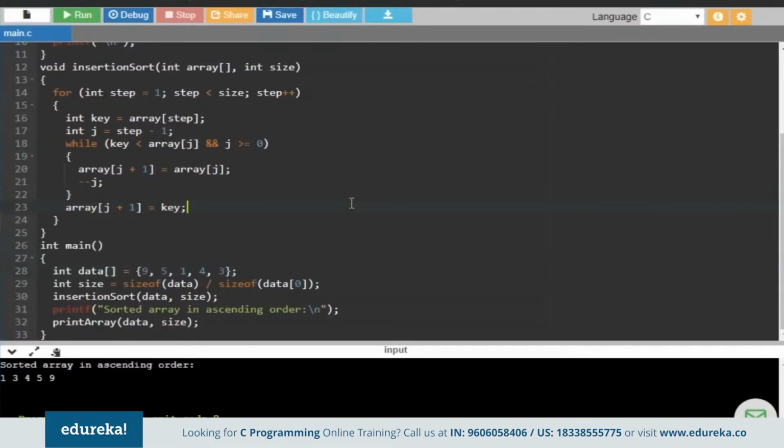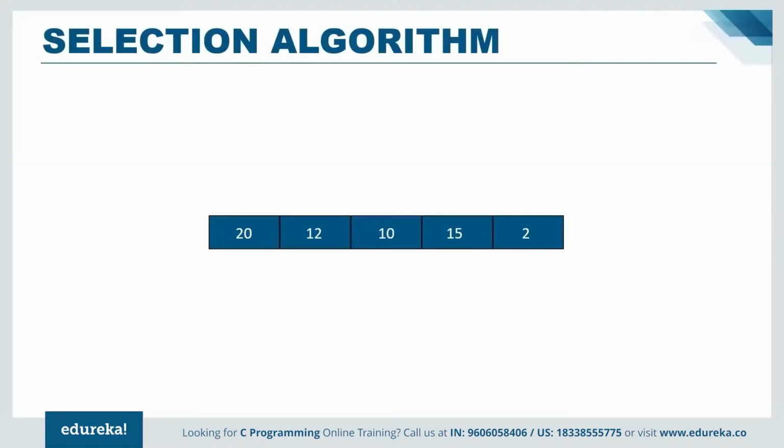Now with this, let us move on to our last algorithm, which is selection sort algorithm. Selection sort happens to be a little different from the other two algorithms. Here, we actually compare all the elements with each other, and we come to an end with the smallest element, and we declare that particular smallest element as minimum, and we will replace that element to the first position. And after that we come to the next cycle, where we swap the second smallest element in the second position